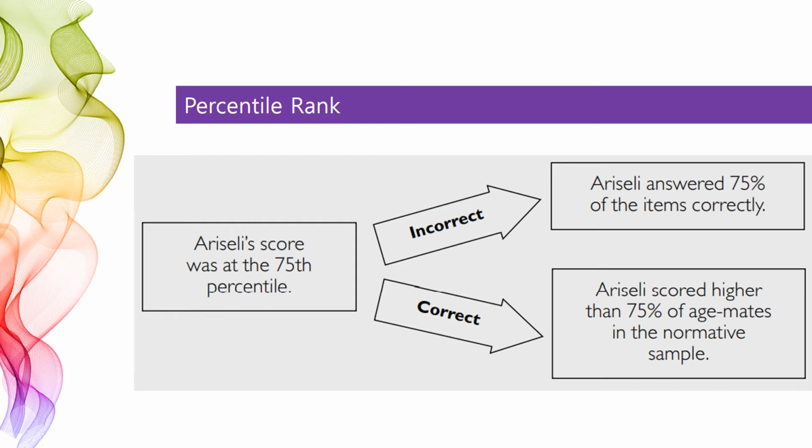Sometimes people confuse percentile rank with the percentage correct, for example, thinking that the 70th percentile means 70% correct. Thus, be careful to explain that a score in the 75th percentile means that the person did better than 75% of the normative group, not that the examinee got 75% correct.